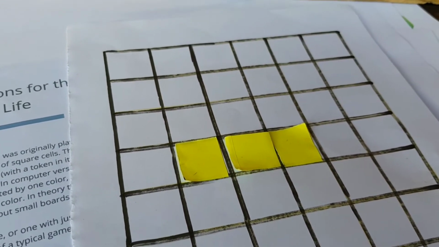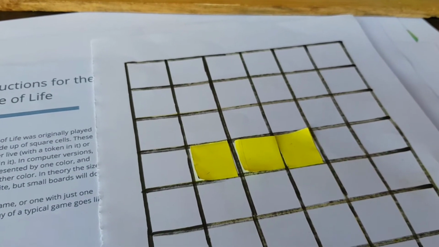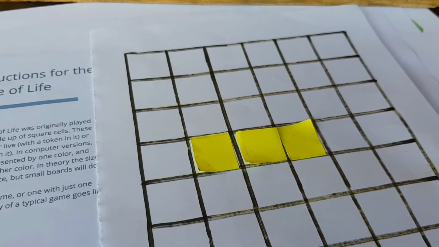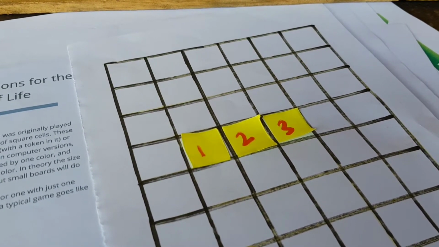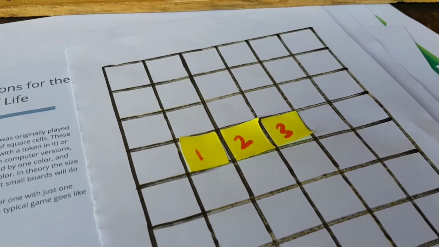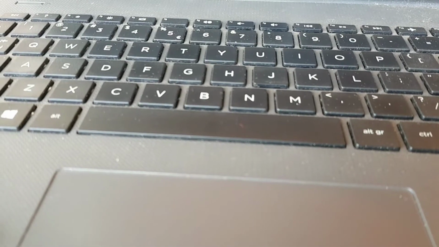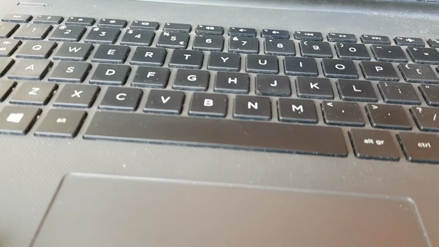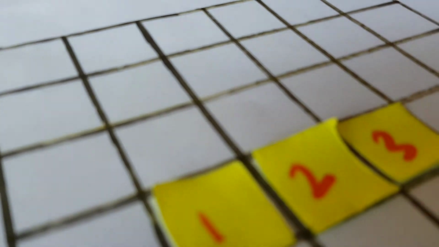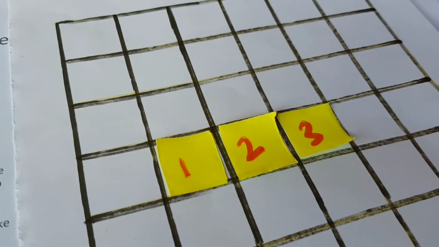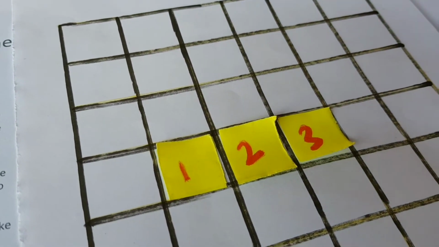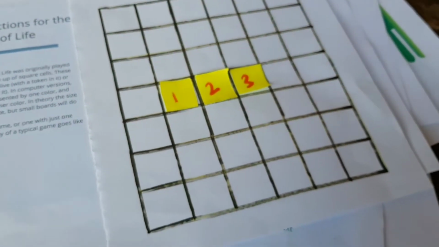Let's have a look at these simple rules. Given a configuration like this, what do you think is going to happen to these cells? These cells can either be alive with tokens in it or dead with no tokens. In computer versions, live cells are represented by one color and dead cells by another, or just a blank grid. In theory, the size of the cell or the grid is infinite, but small boards will do for the initial